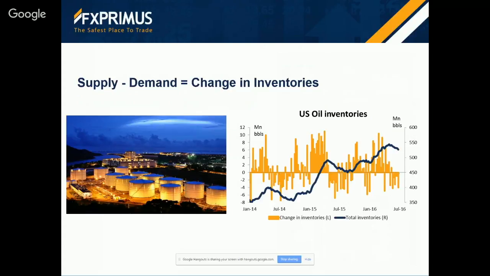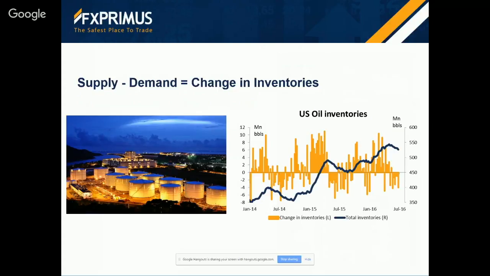If you think of the inventory of oil, let's say the world supply of oil is a big oil tank. In effect, the supply of oil goes in the top of the tank, and that's the supply. The demand for oil, they pull oil out of the bottom of the tank. That's demand. It's very hard to judge the supply coming from all over the world. You can't get accurate, up-to-date data on that on a timely basis. You can't necessarily judge the demand either, but you can measure the oil in the tank. So if the amount of oil in the tank rises, then supply is exceeding demand.